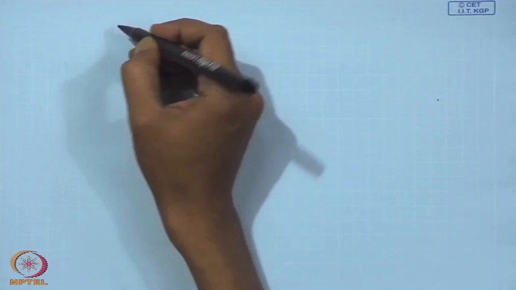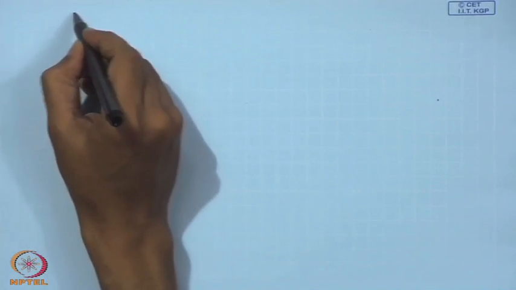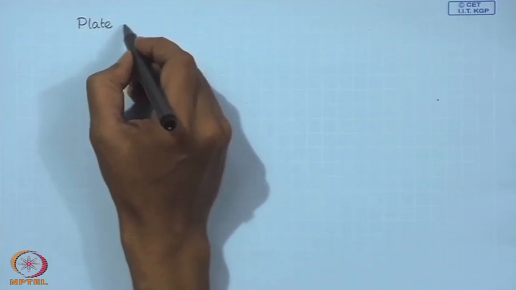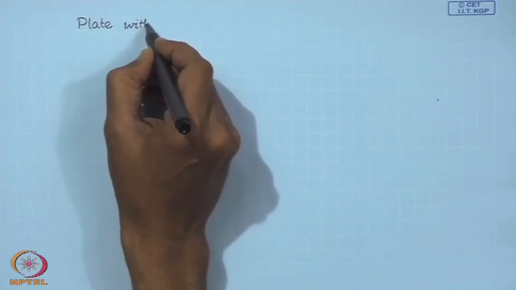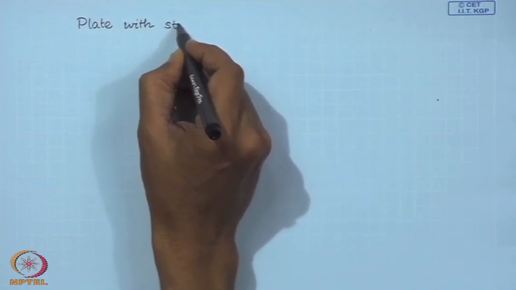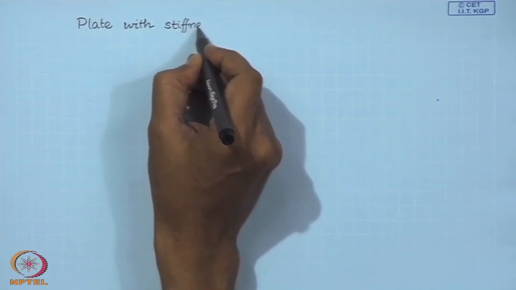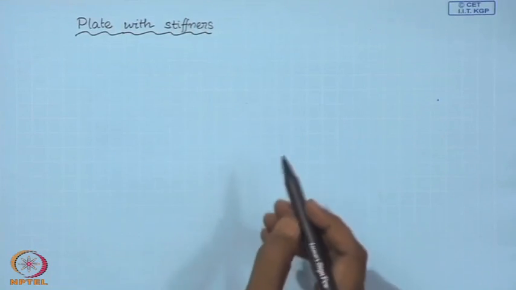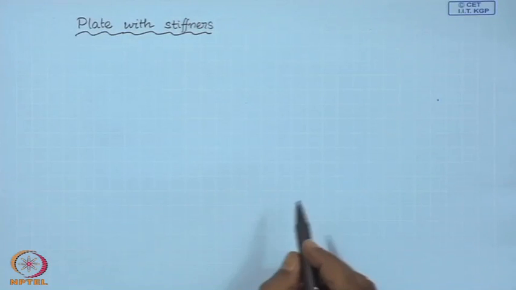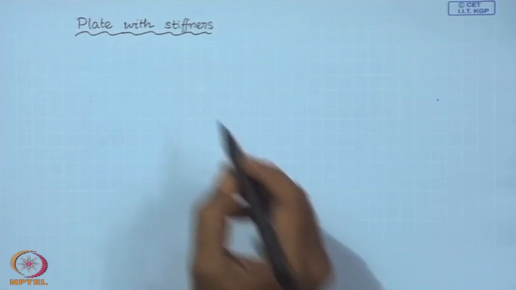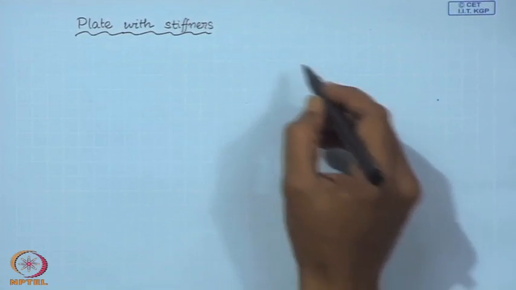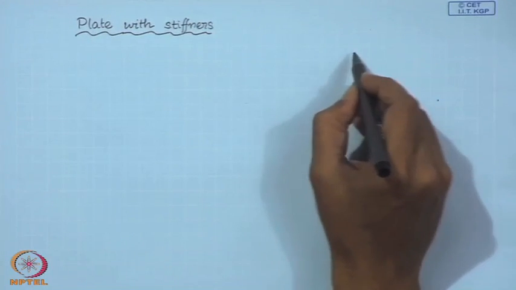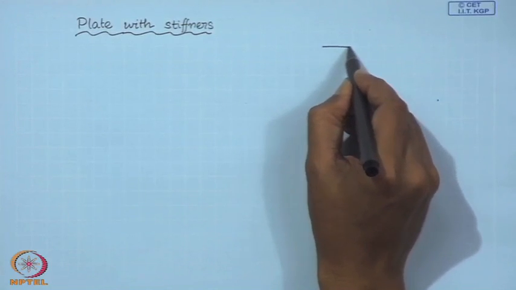The next problem that we are going to look at is, we have a plate, and we would like to see what happens when a plate has stiffeners. So, a stiffened plate. So, the vibrations of a stiffened plate. We consider again a square plate,